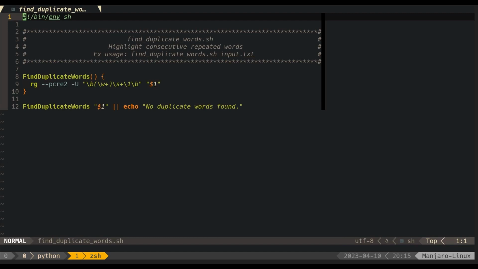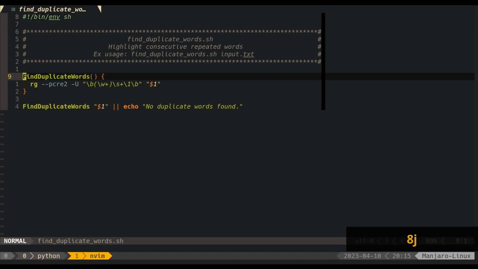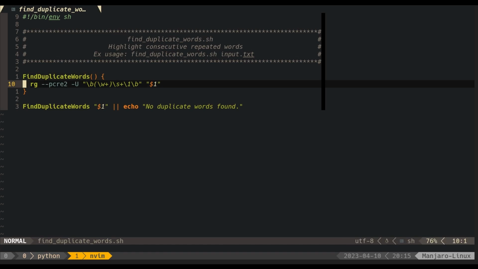It uses the ripgrep command with the regular expression that we created, and as an input file it takes the $1, which is the argument with which the function is called.